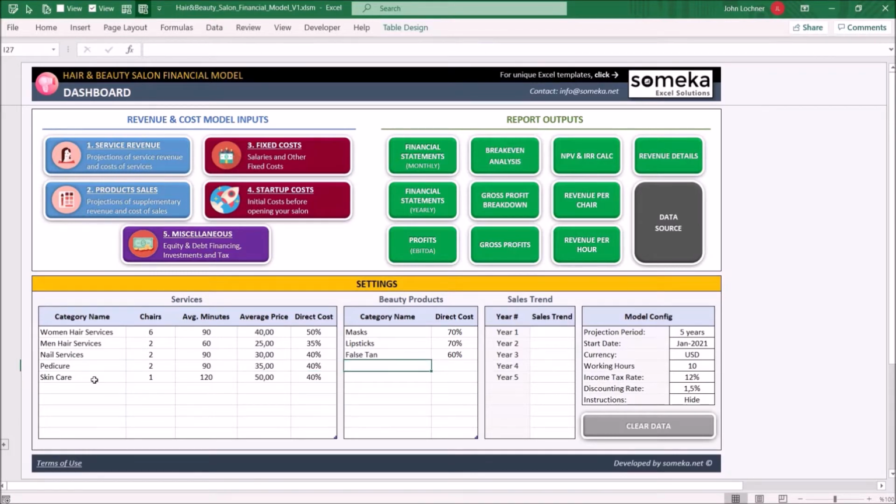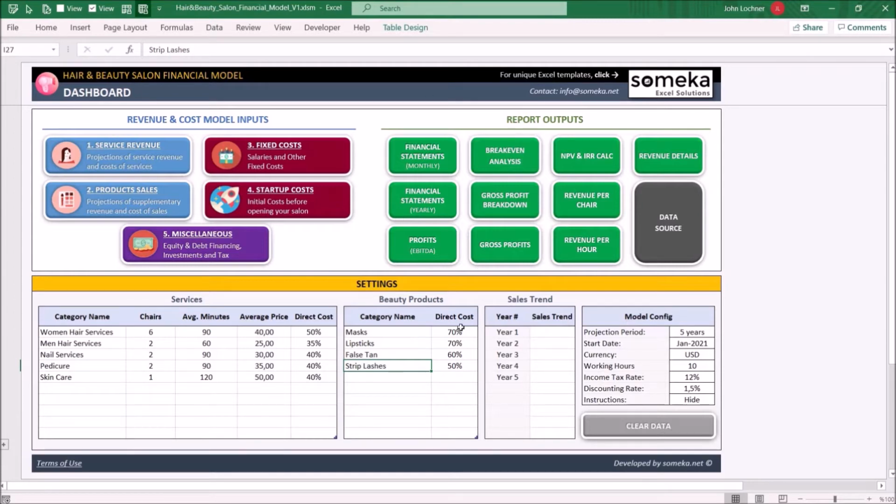On Beauty Product section, enter your product name and its direct cost to you. Once you get familiar with the template, you may click on the Clear Data button to erase all the dummy